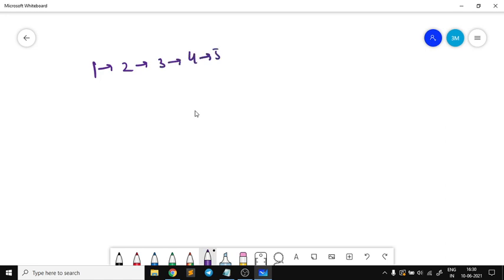What you can do, you can create your own new linked list. So this was the original linked list, right? What you can do, you can create a new linked list, right? And in this new linked list you will pick this node and store it here. Similarly this one and this one, right?